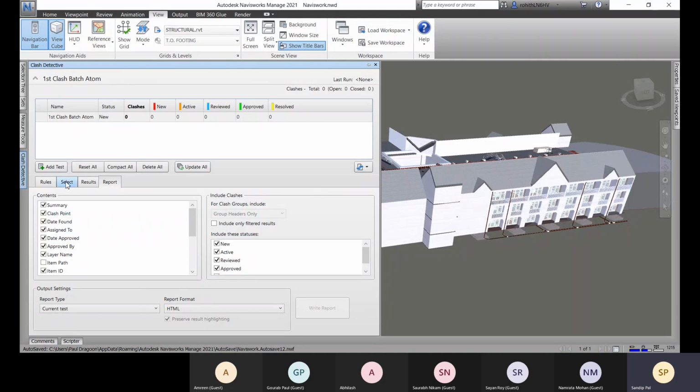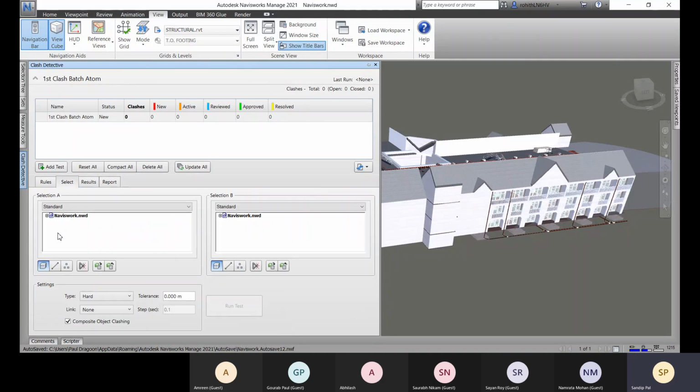And now let's come to this select tab, and let's focus on how we can go for this. So let's choose architectural over there, and let's choose structural. Okay. And we will run tests. If there is any tolerance you want to go for, we can specify this tolerance. Okay.